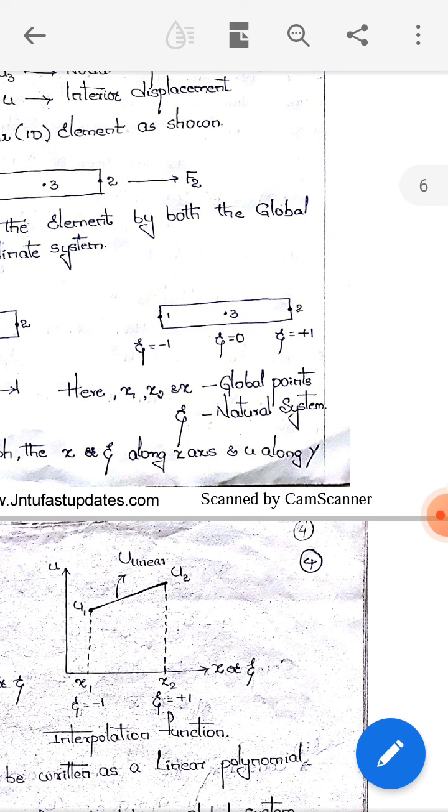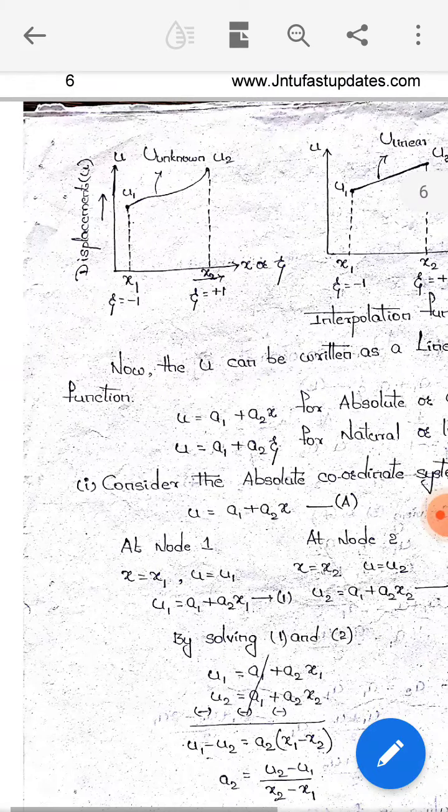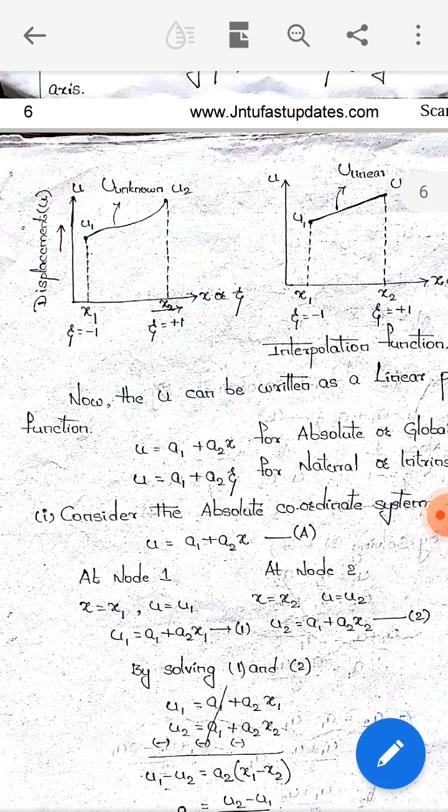Similarly for the natural coordinate system, zeta is equals to -1, 0 and 1 for nodes 1, 2 and 3, as clearly shown in the sketch. Now I am going for interpolation functions. You can go for linear, parabolic or cubic interpolation functions, such that we'll be joining the nodal displacements, showing a shape. Now for the first case, I take u as unknown